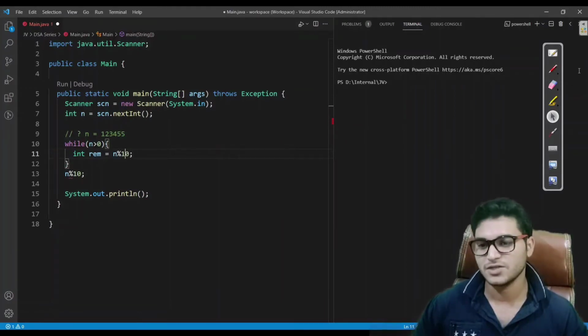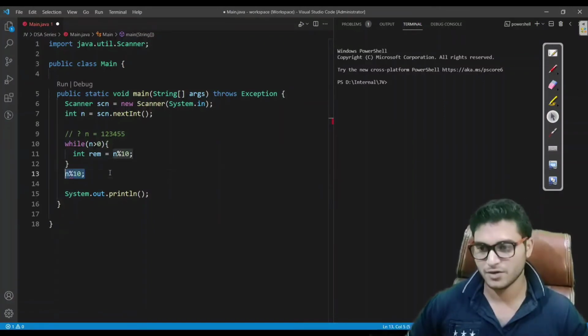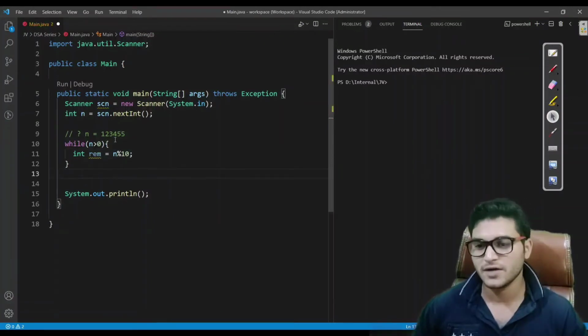It will take the remainder of 1 2 3 4 5 5 with 10, so in the remainder we would get 5.